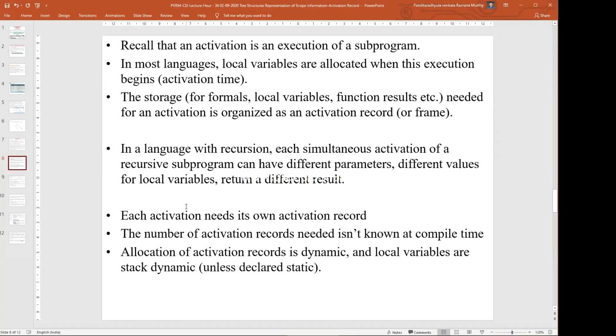That means each time we call a function, it contains its own values. So what is the meaning of activation record? The activation record specifies the status of the current execution of a part of the program, or function, or recursive function. It indicates the status of execution of those statements, particularly to identify the local variables or global variables, or the scope of availability of a particular variable.